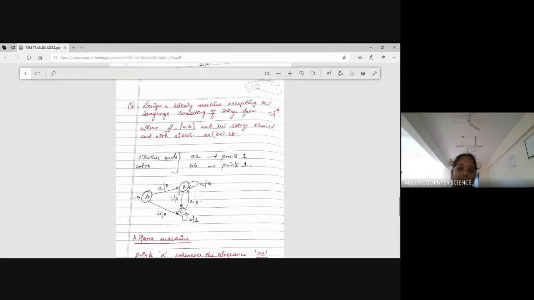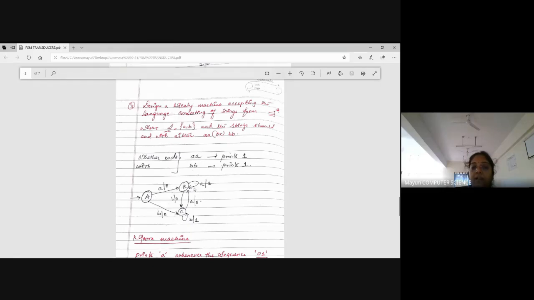So here I have taken 3 states. Since it's a Mealy machine, I have associated output with input. Fine. Just right now, don't worry about your outputs. Just worry about only input. Or else we'll go together here. My travel starts from A. It has 2 directions, one that will start with A, one that will start with B. I have taken one direction with A, one direction with B.